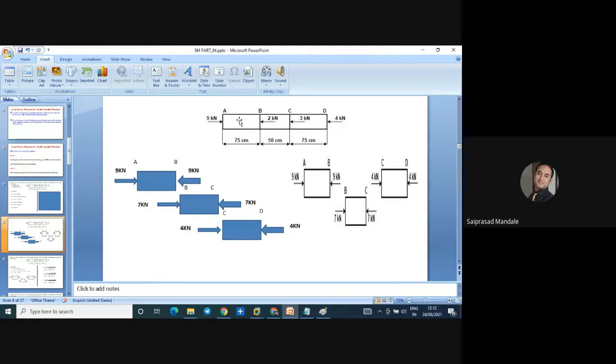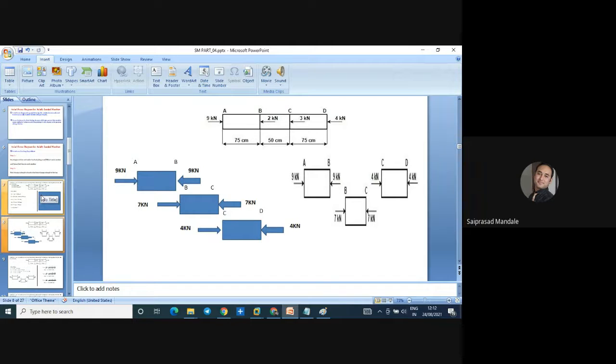There is elongation or compression in the structural member. Will its length increase or decrease? It will decrease. So there is a compression. So what we have to do? We have to add delta L of AB plus delta L of BC plus delta L of CD. So the addition of these three is nothing but the total change in the length.